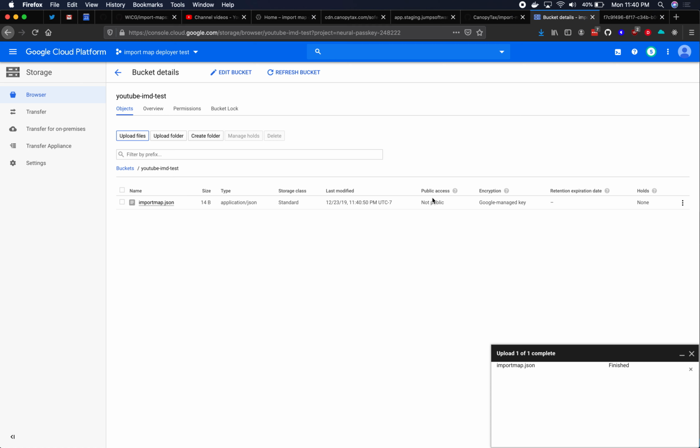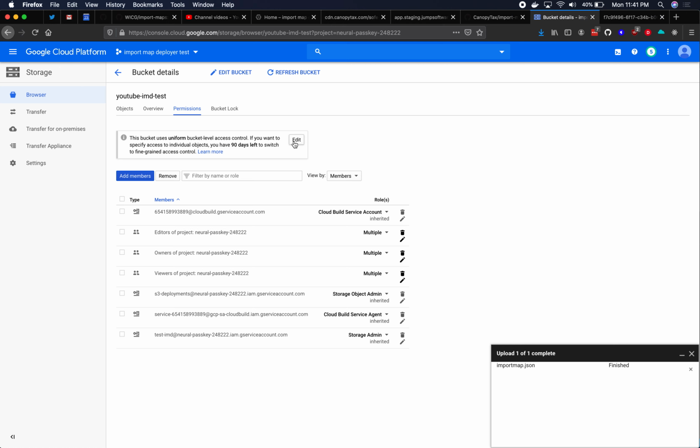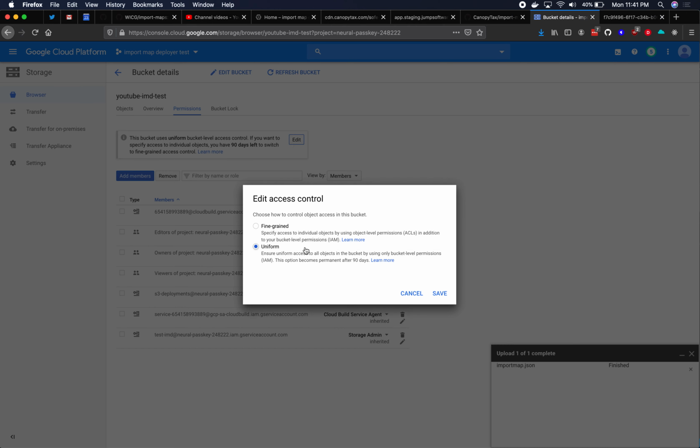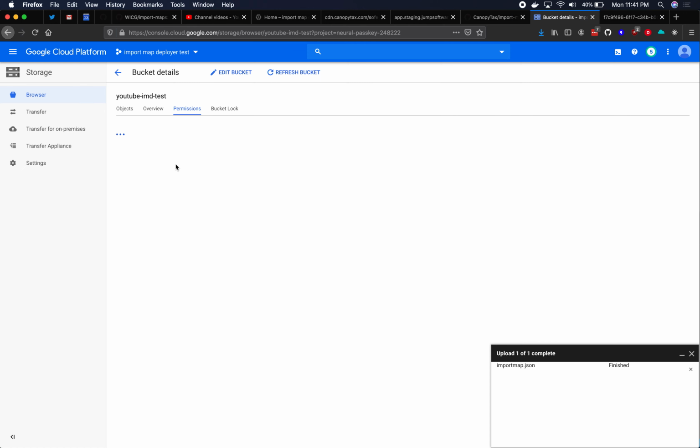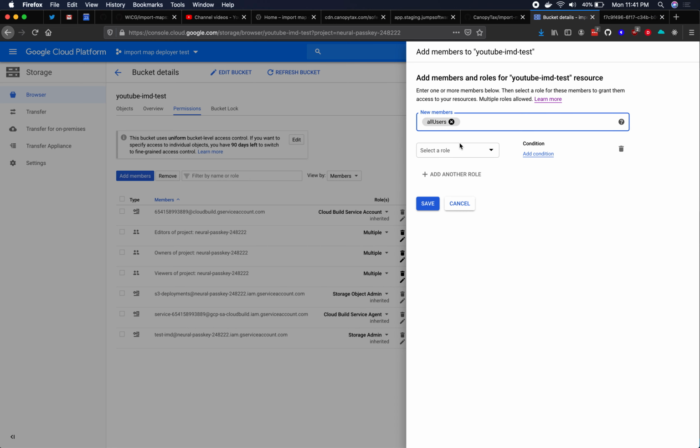So it's not publicly accessible. However, cloud storage should have access to it, or the Kubernetes cluster should. However, we are going to make it publicly accessible for reading. Add members. All users, the magic keyword in Google Cloud,